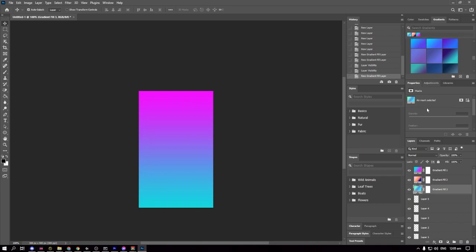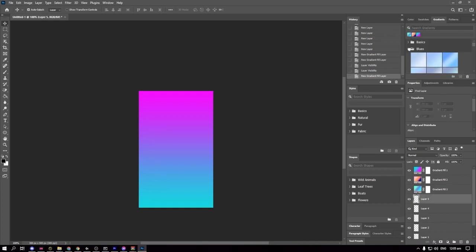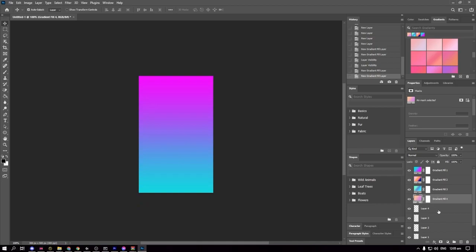And then for the next layer, let's check the basics here. No, not that one. Blues, purples, pinks, maybe pinks. I like this one. And for the 4th layer, this one maybe, and